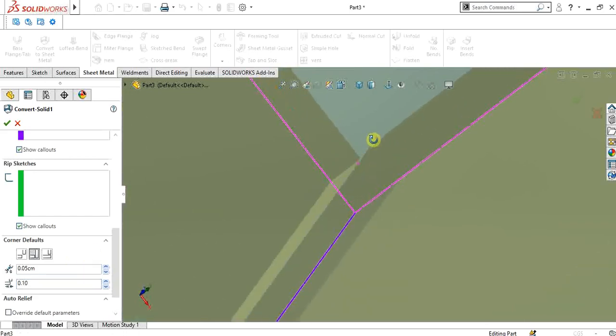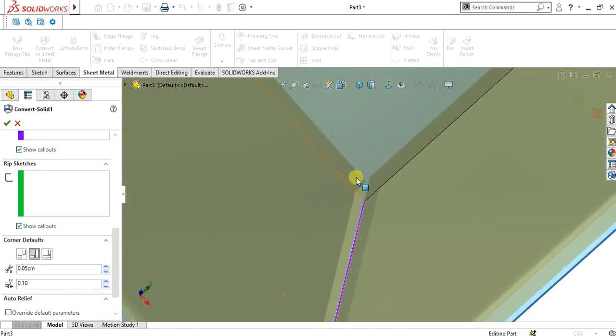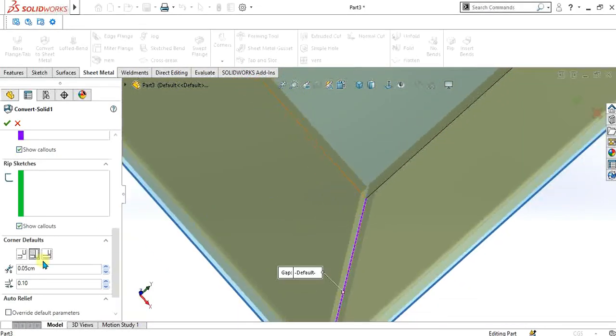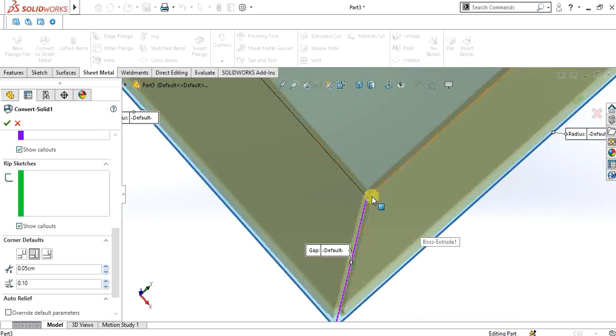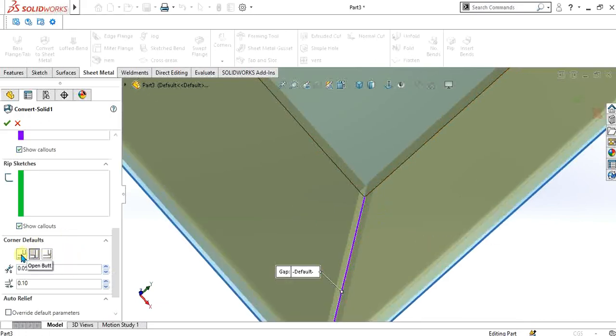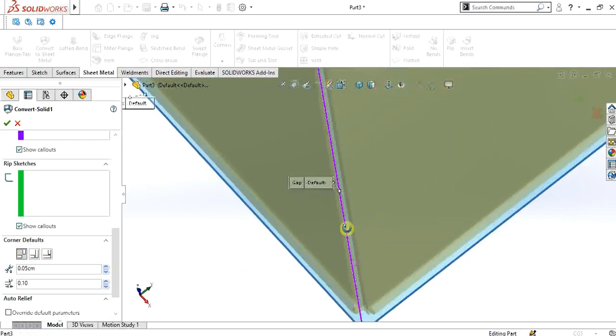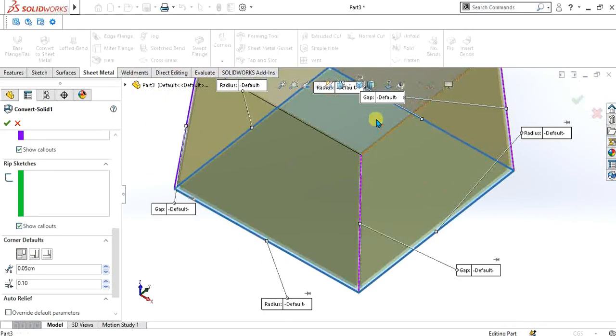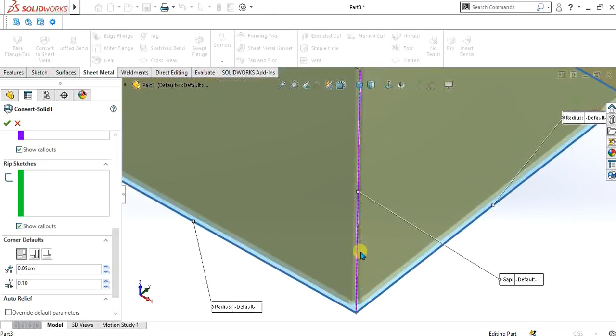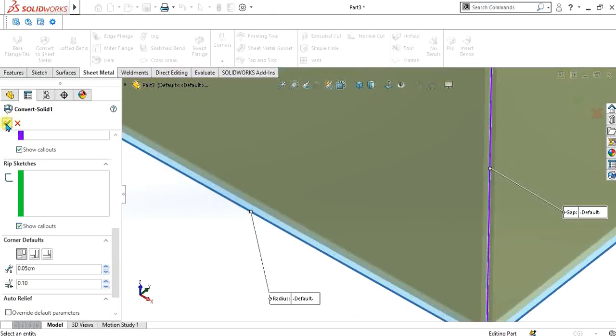You can see that our length has been decreased. So you can easily make your corner treatment using these different types of joints you want, and after that we will see how we can use the welded joint feature. Select OK from here.